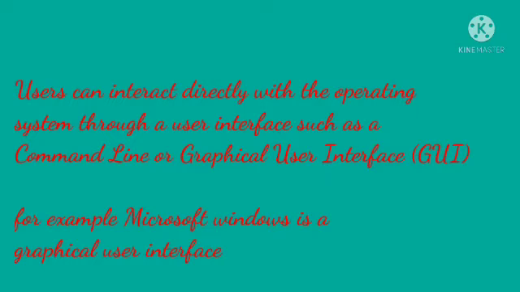Without an interface, a user cannot interact or work with the operating system, and such interfaces are command line or a graphical user interface (GUI). An example of a graphical user interface is Microsoft Windows. A graphical user interface has a desktop, and it contains small pictures on it. These small pictures on the desktop are called icons. An icon can be a shortcut to a program, to a file or a folder.